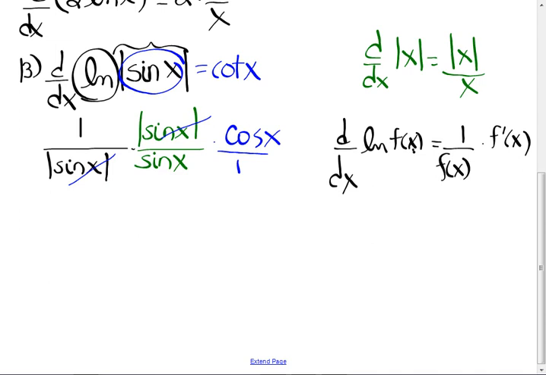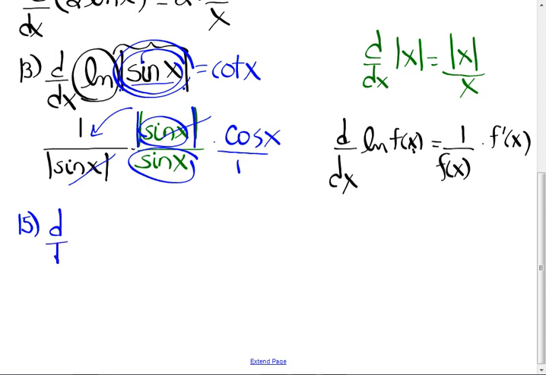It's because you have 3 functions. It's 1 over this one, which is that, times the derivative of the absolute value. Forget the signs there. It's the absolute value of whatever's in there divided by whatever's in there times the derivative of whatever's in there. So 3 functions. That one was tough. All that comes from sine vectors. Absolute value. And they can't make it simpler. Like this one, I can make simple. I don't want to do this one